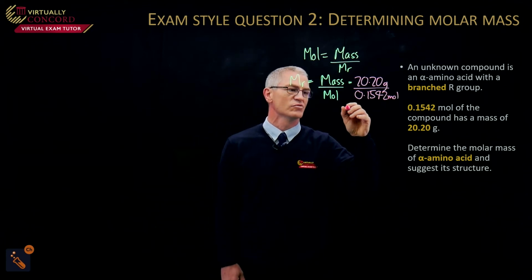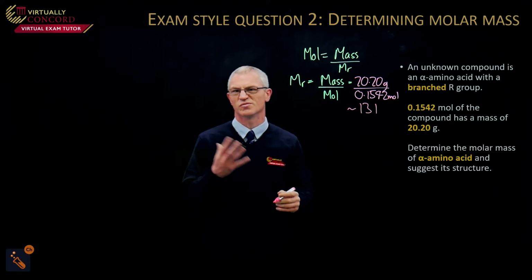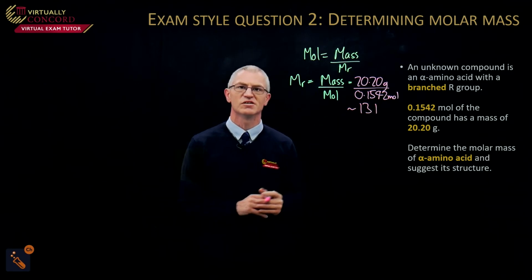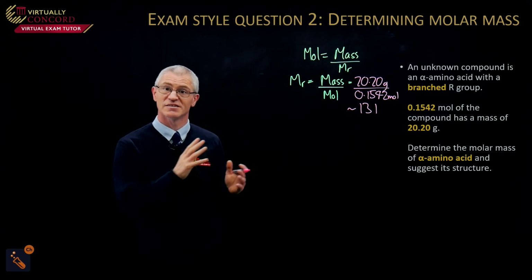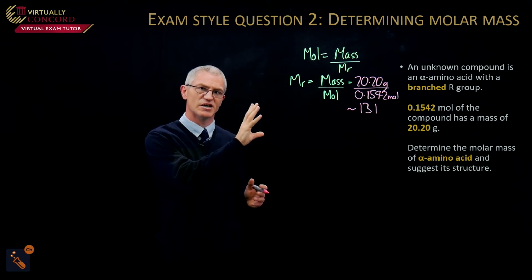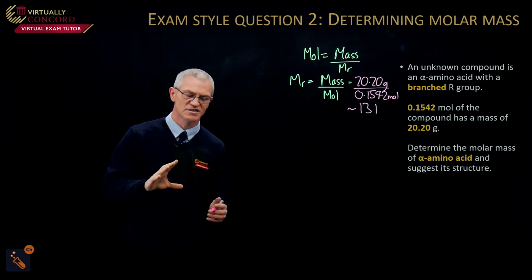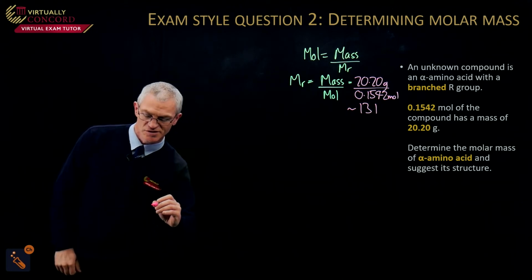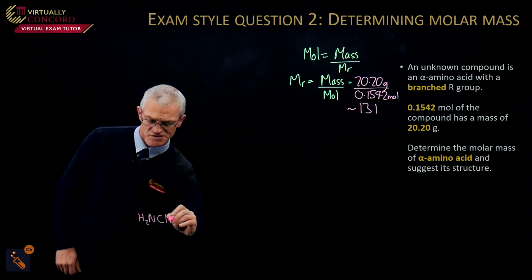Now that equals 131 approximately. It's actually 130.998, but we're going to round it up to 131 because we're just doing molecular mass. And we're using that to work out the structure. So we know we've got a molecular mass of 131. The important thing then is to look at the alpha amino acid. An alpha amino acid is going to be NH2, CH, R,